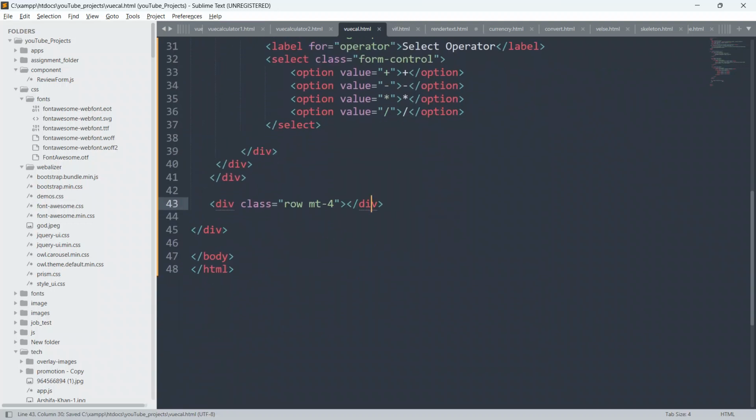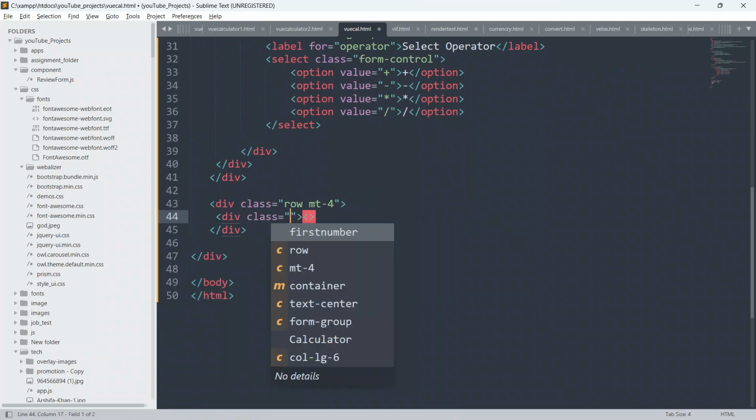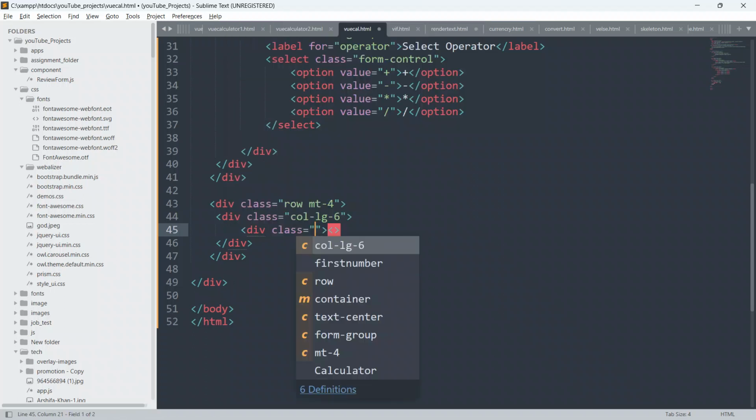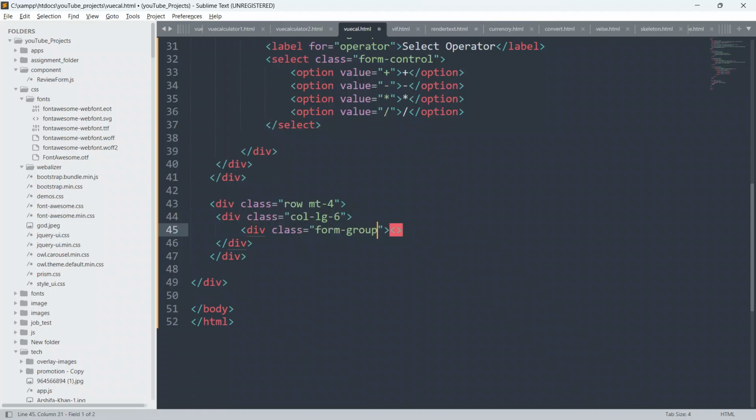Go a little up and inside this div create a div with class col-lg-6, and inside it another div with class form-group.